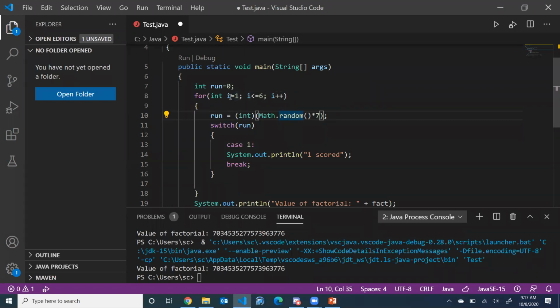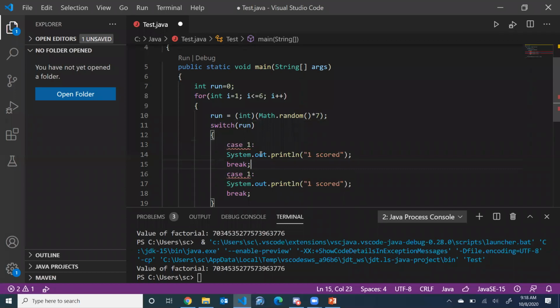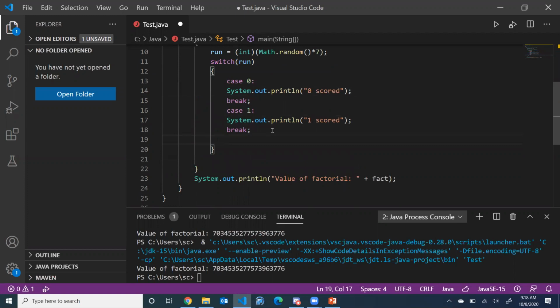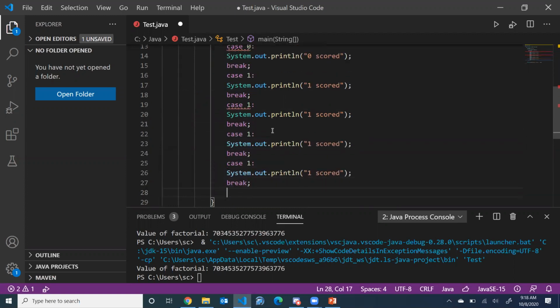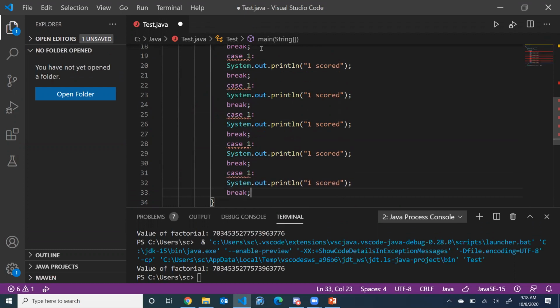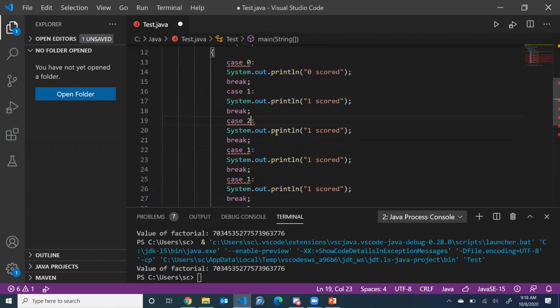So again, this is going to start with 1. It is going to go all the way to 6, and on every ball it is going to generate a number, and it's going to say how much has been scored. So switch run. If 1 was scored, this will say 1, and if 0 was scored, it will say case 0, and you are going to write 0 scored. And then you can go on with case 2, case 3, case 4, case 5, and case 6. So we have 1, we have 2, we have 3, we have 4, we have